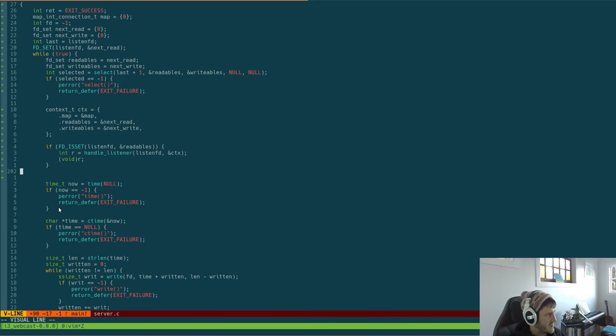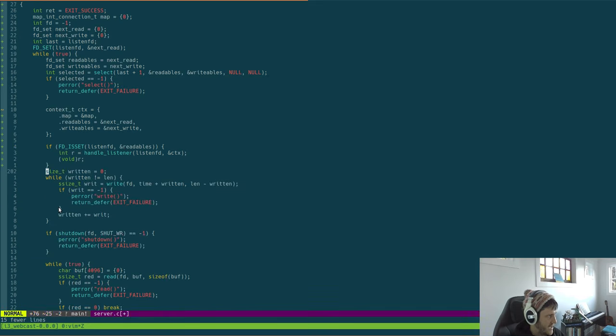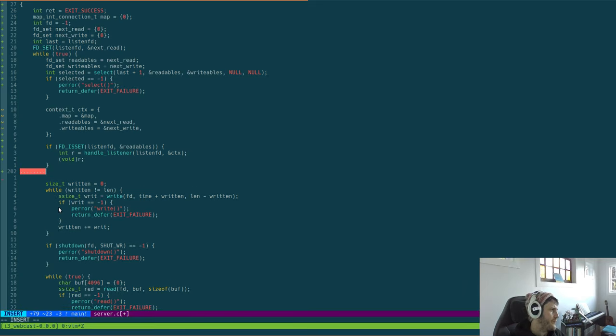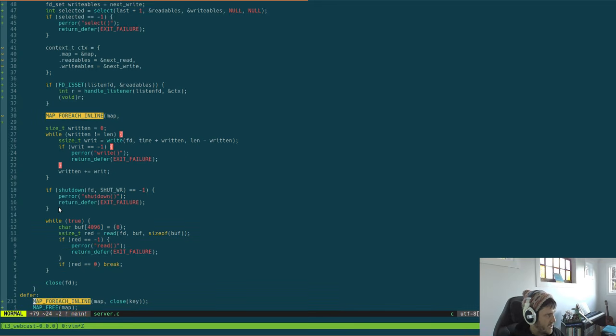So that basically means that this code is kind of already handled. So now we need to do map for each in line, I guess. Yeah, that's right. And we can pass it our map. How do we do that down there? Right, so what we're going to do is